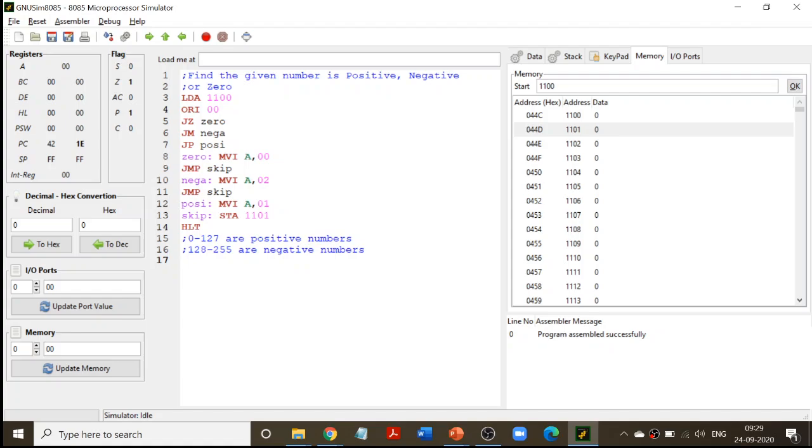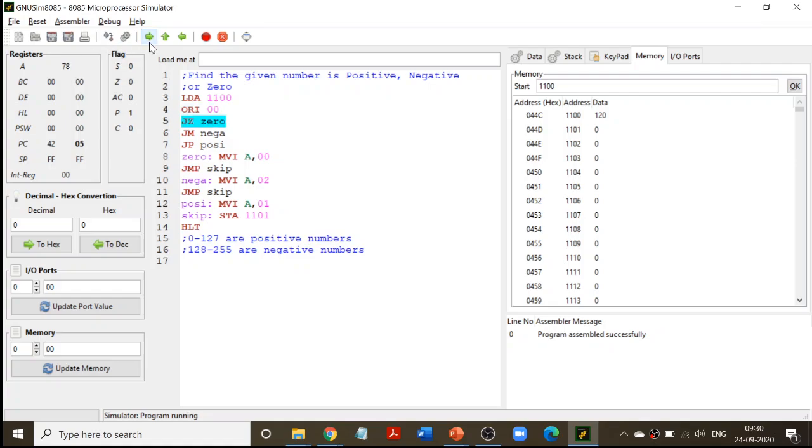So in general, if you give input values between 0 and 127, they are all considered to be positive numbers. And when you give inputs from 128 to 255, they are all considered to be negative numbers. So let me give a positive number here. I'm going to give 120 as my input. So let us again execute the program line by line. First, the number is loaded into the accumulator. What I gave here, 120, is a decimal number, but what you see in registers is hexadecimal because registers use hex. So don't get confused. According to us, I have given 120, which is a positive number.